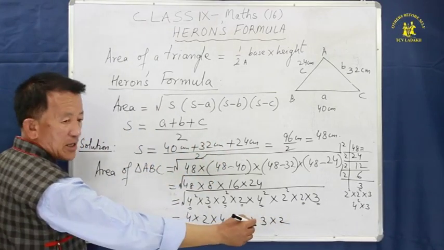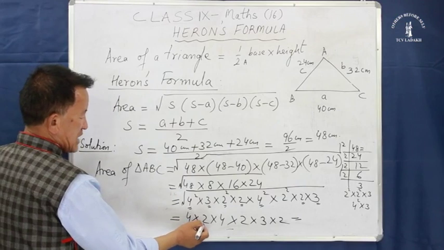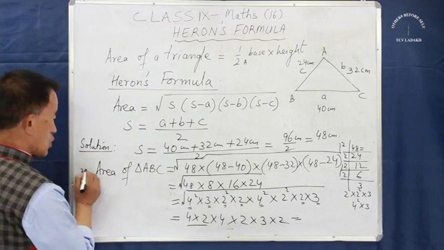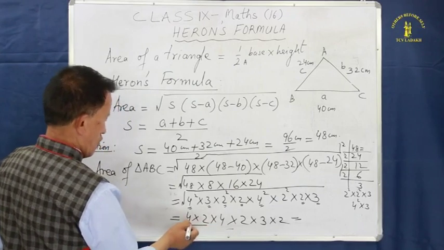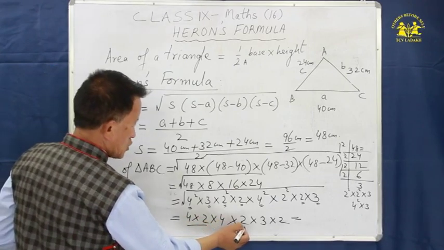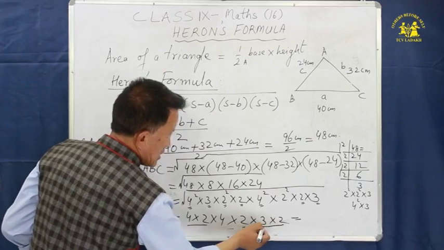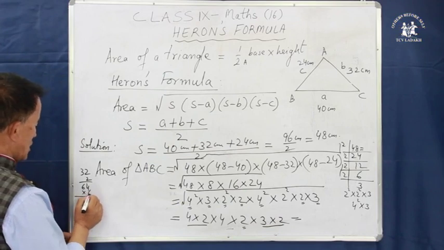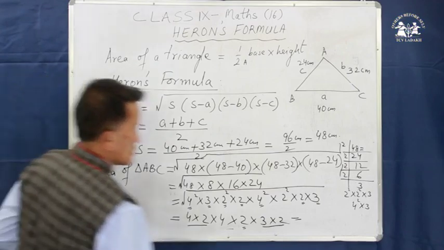So we shall multiply all of them together. So what will you get? 4 2s are 8. 8 4s are 32. 32 2s are 64. Okay, directly multiply 3 and 2. 3 2s are 6. So multiply by this 2, right? 6 4s are 24. 6 6s are 36. So this is equal to